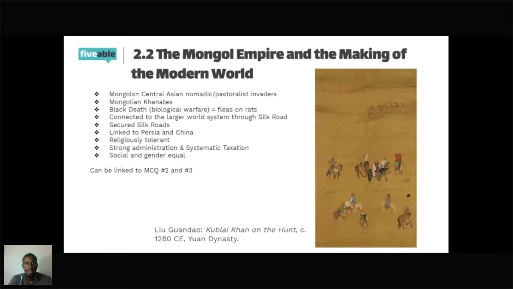Next, they secured the Silk Roads, which kind of discontinued other empires from trading. And after this, you'll see other trade routes come to flourish, such as the Indian Ocean trade route and the Trans-Saharan trade route, just because the Mongols blocked it off for other empires from transporting their goods. The Mongolian Empire also linked Persia and Asia together. So you need to know these cultural connections that were being forged through the Mongolian Empire and their time